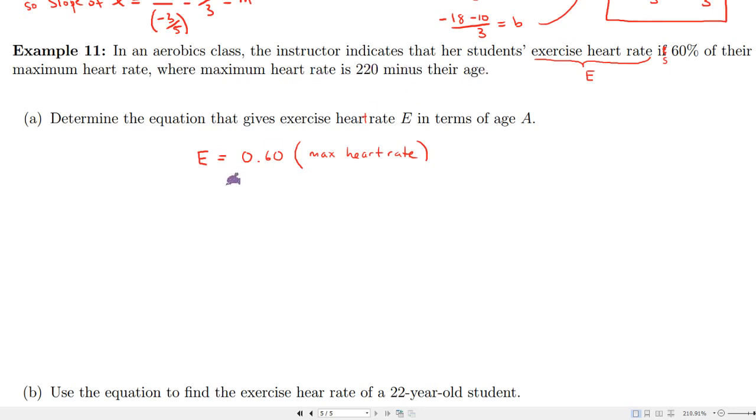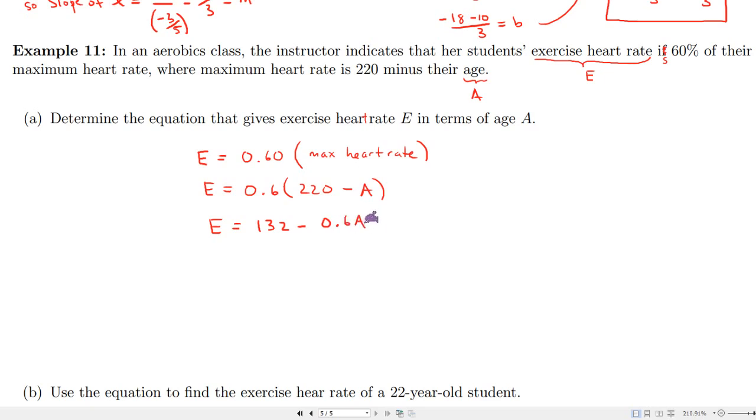That is told to be 220 minus their age. And the age, we're told, is the variable A. Okay? So that's basically it, but you could simplify it a little bit. We could distribute in the 0.6, and so we will get 132 minus